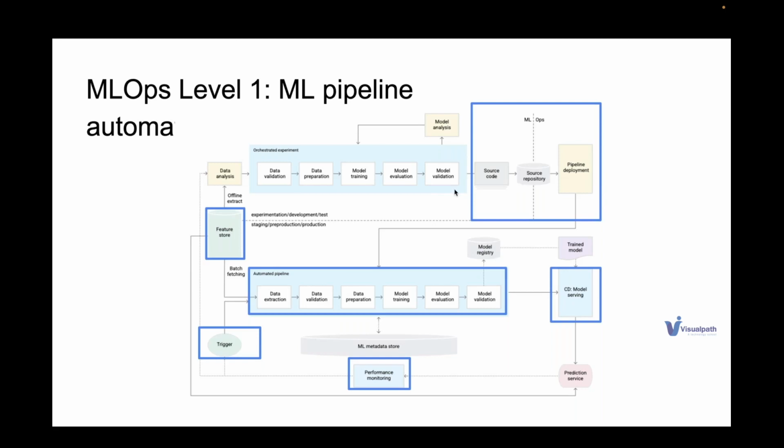What a pipeline is, is nothing but whatever steps the data scientists do in their notebook, we are adding into a series of components. As I showed you yesterday, a pipeline is: download the data, prepare the data, train, evaluate, validate. That's all. Once it is finally done, we'll put it into the model registry. Then the trained model will be deployed into the prediction service via a system that is a CD.